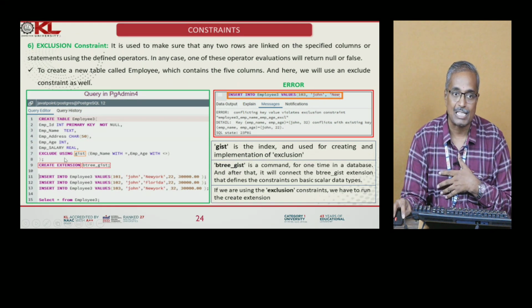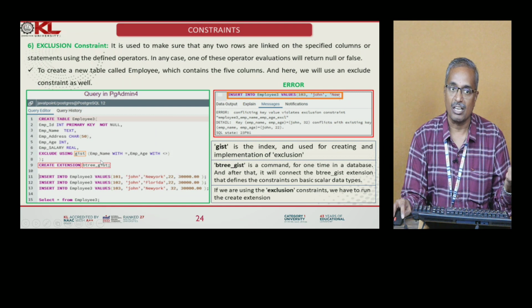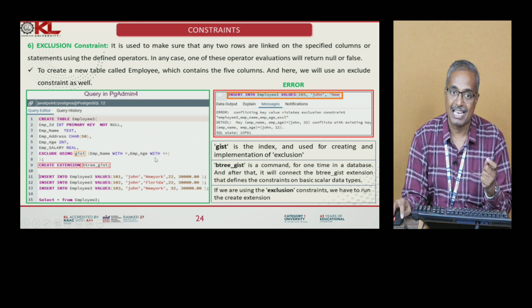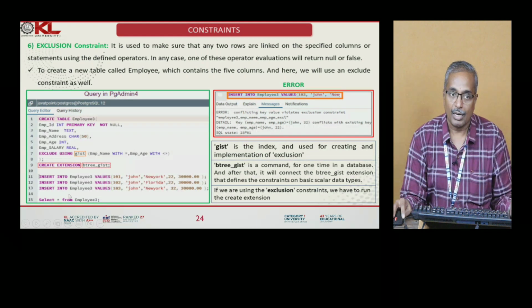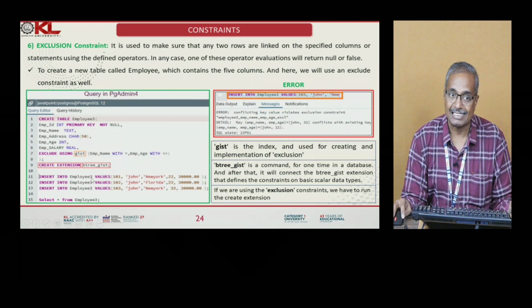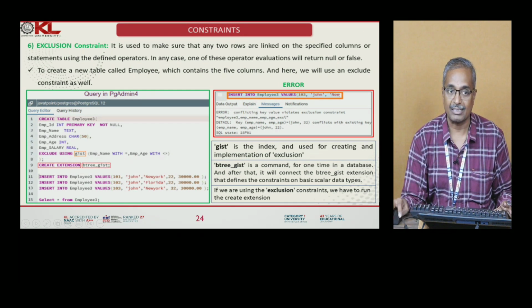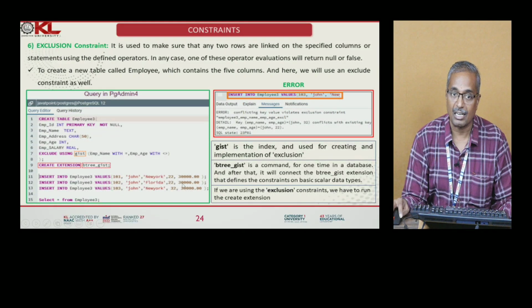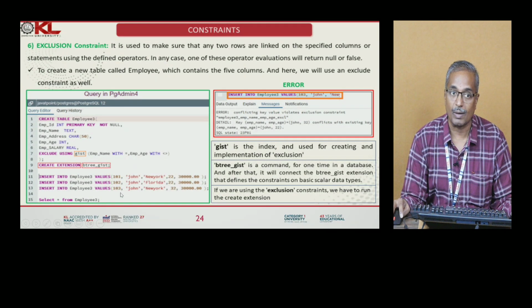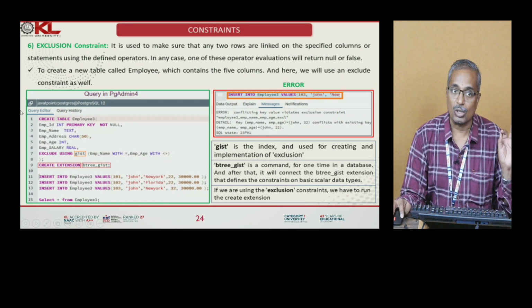Here you are seeing, as per this example, GiST is defined as employee name with equals to, employee address with not equals to. As per this, we are inserting the data with 101, John, New York, something. The second one is 102, John, Florida, 22, something. In the third one also, the employee ID is 103, John, New York. So here the employee